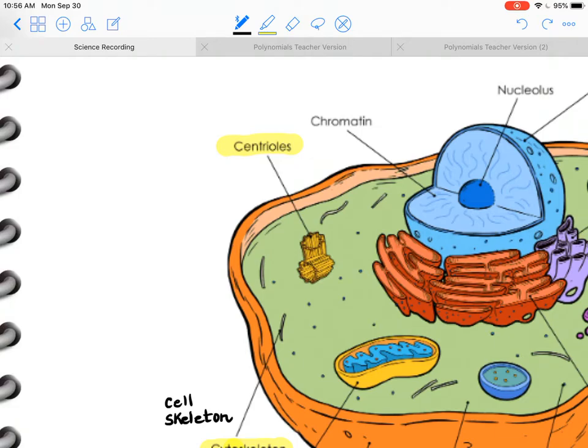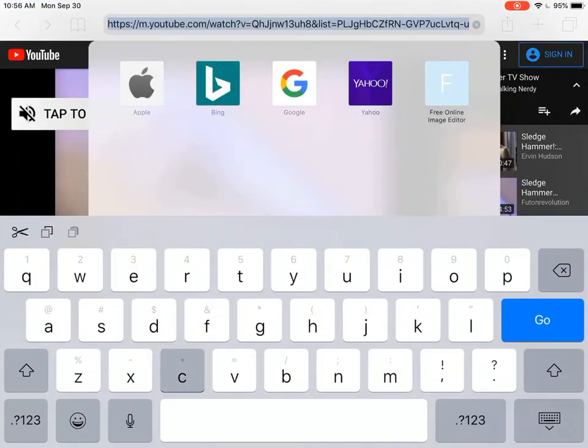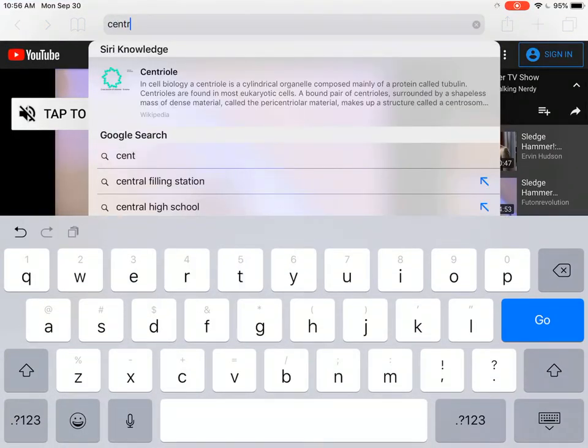Centrioles. I lost track of what I was saying. I'm getting myself all confused. So let's Google that again. Centrioles